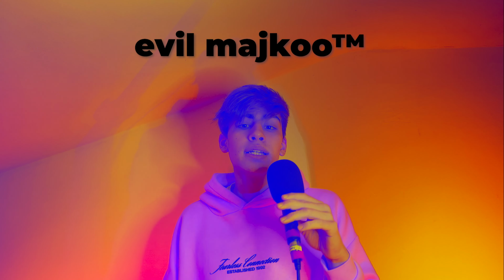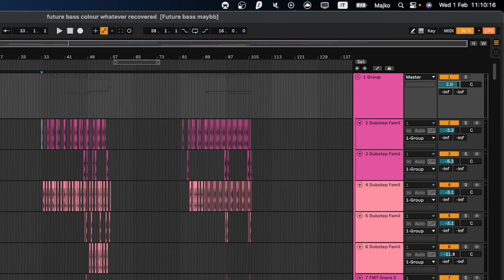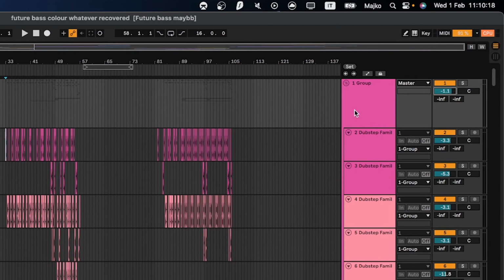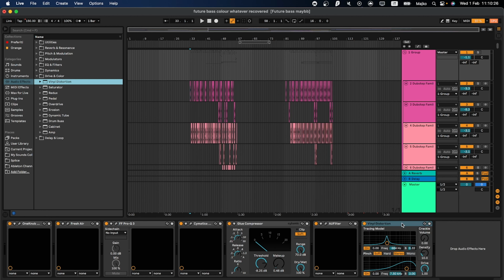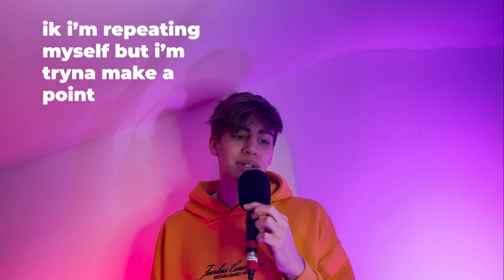Why does it have to be so complicated? Because fuck you, I guess. I don't know. Ableton's mixer is just the column at the right for adjusting volumes, and if you want to add VSTs, you double click. It opens the little menu at the bottom, and you can double click or drag them from the browser, which by the way makes the most sense to me, because it's just easy, you know?